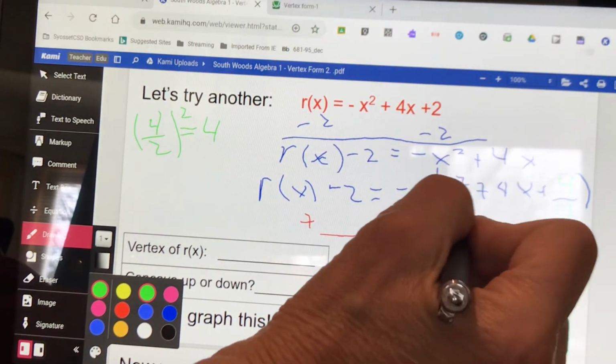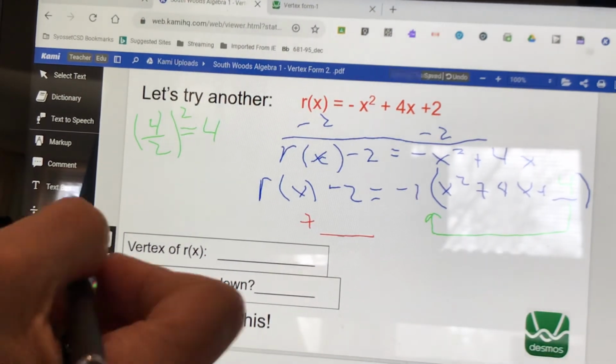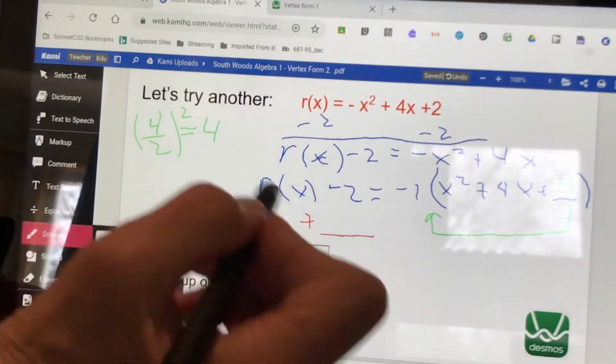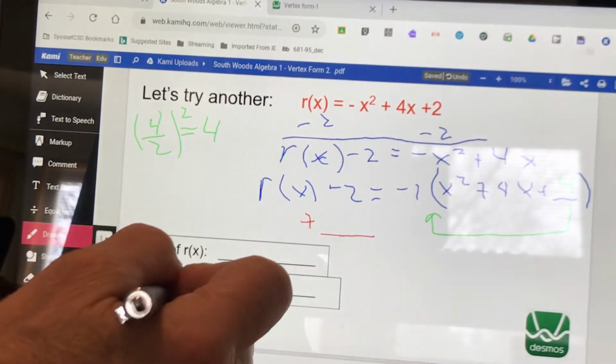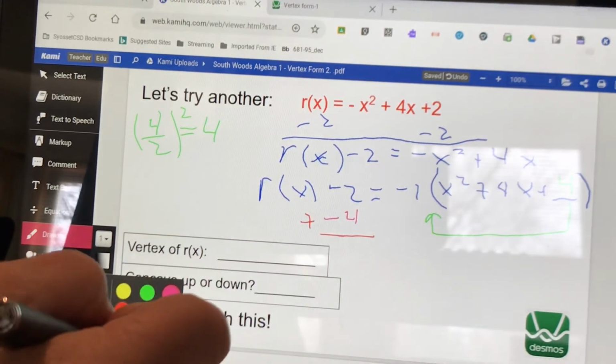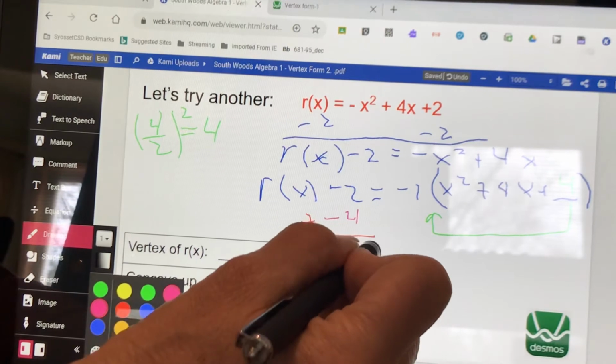But as it comes out of those parentheses, it gets multiplied by negative 1. You cannot release the 4 from the parentheses until you've multiplied it to the GCF. So it will look different on this side. On this side, it will look like a negative 4. Combining like terms, we have r of x